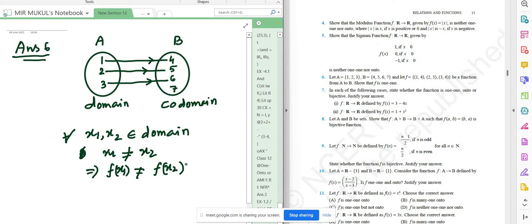So this was the definition of a one-one function. If you consider distinct elements of the domain and you are getting distinct images, therefore we can say that f is